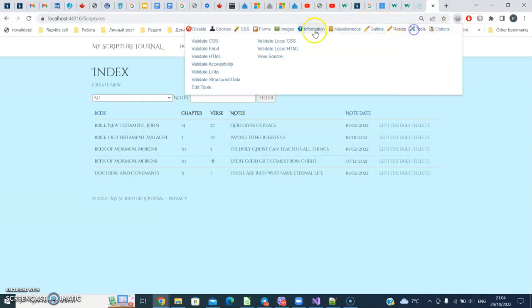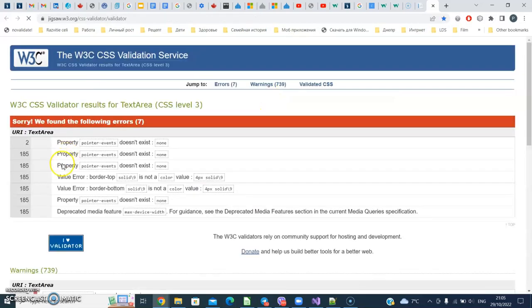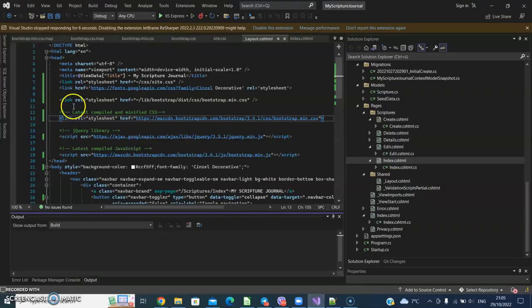And also, if to check to validate CSS, it will be like this. But I will show that these errors, they are because of Bootstrap that I use. For example, if I disable, if I comment out